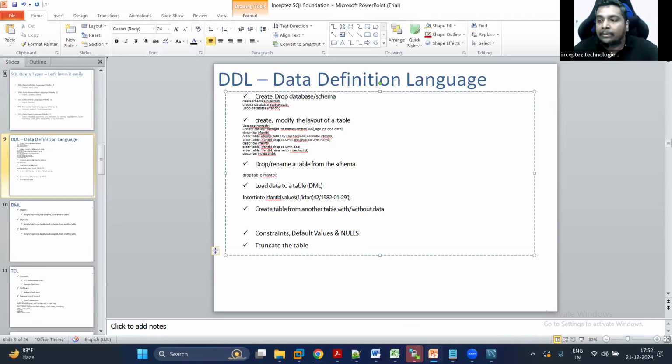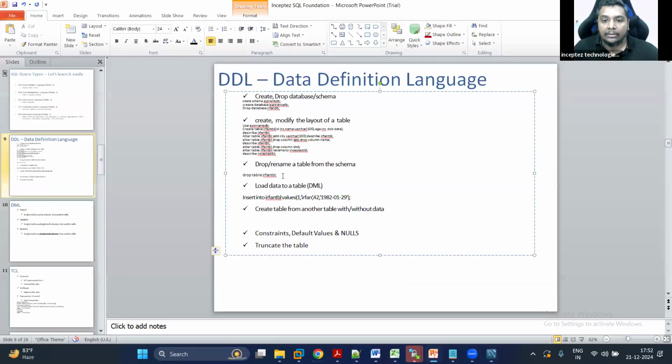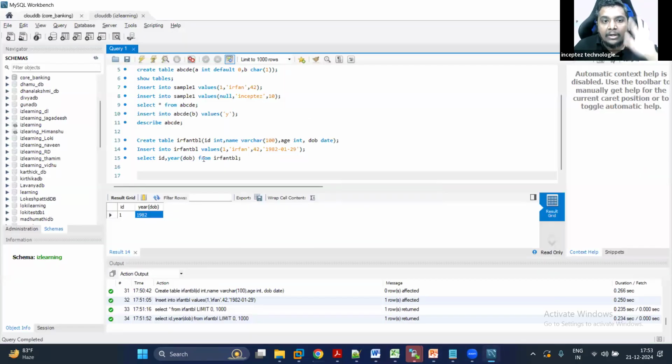This is one concept I wanted to discuss. I already have a table called Irfan TBL present. I want to take a backup of this table in some other table called Irfan TBL underscore backup. So we use a concept called create a table from another table with or without data. That means I want to create one more ditto table like Irfan TBL. What I'll do, I'll create table Irfan TBL underscore backup,